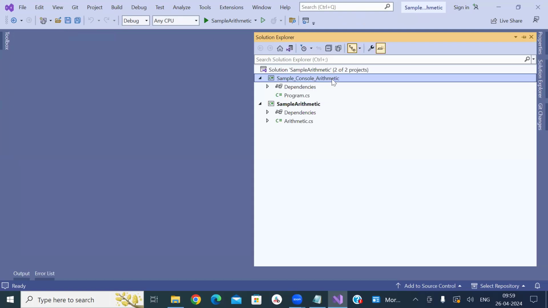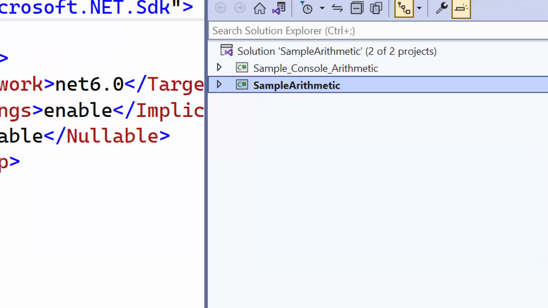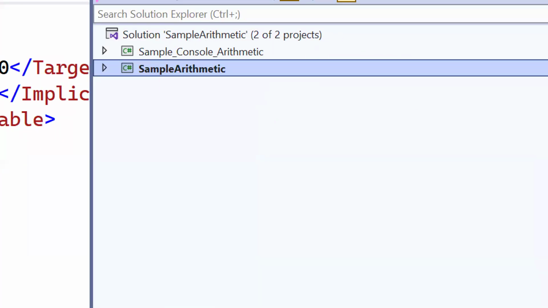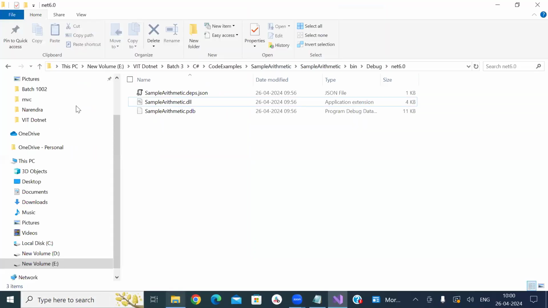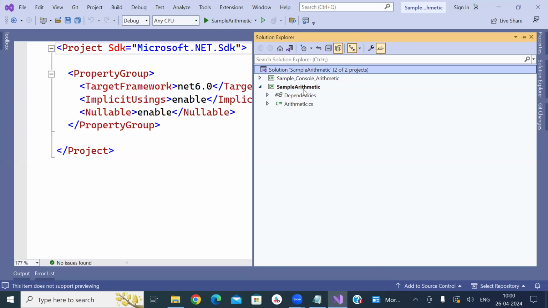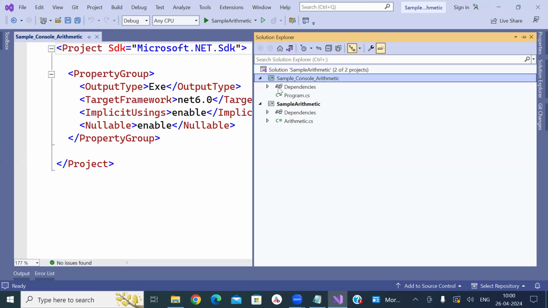You see, the sample arithmetic project has been created. There are 2 projects in my solution. Are you able to see me? Yes, sir. Okay, under a single solution, I created 2 projects. Now, if you go to the folder, you can also see 2 folders. Each project consists of its own individual folder. Now, to work on this arithmetic in the console project, what I need to do,